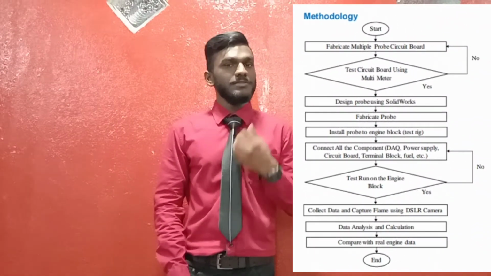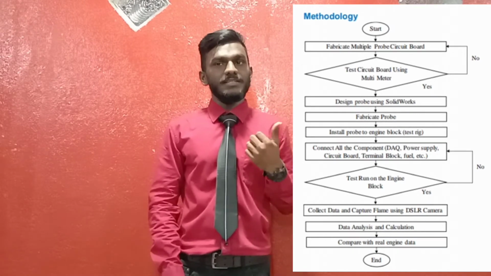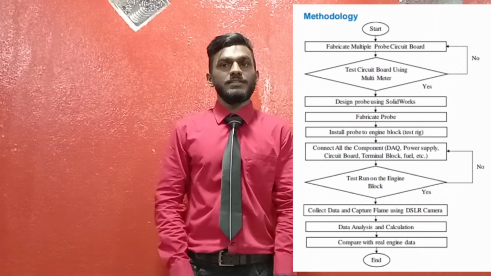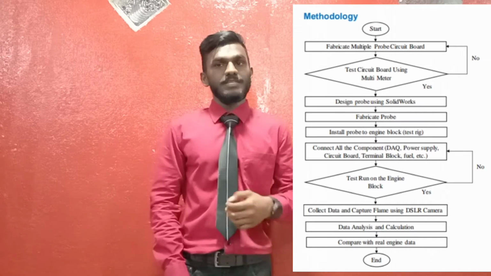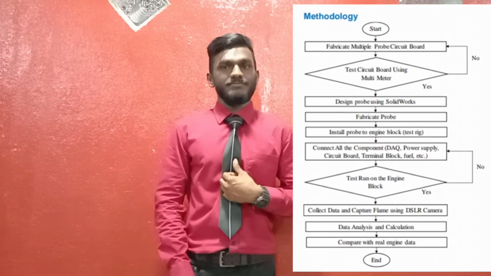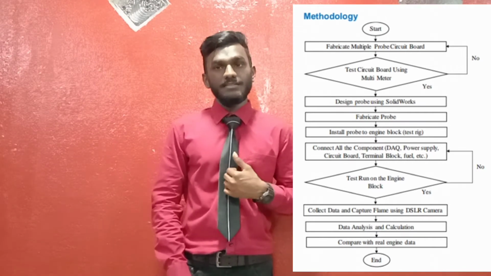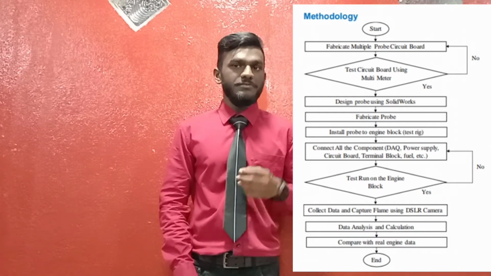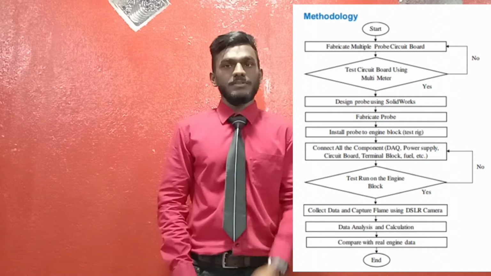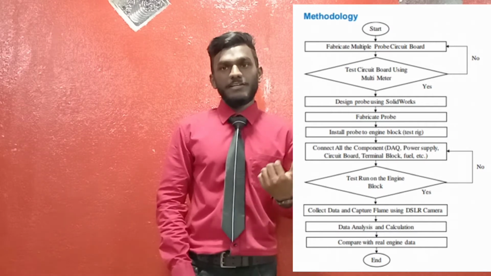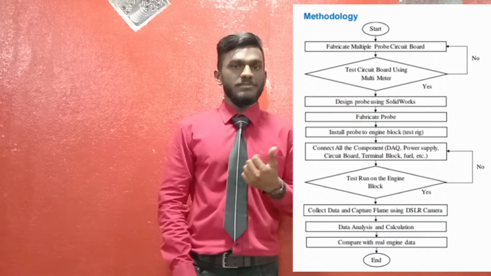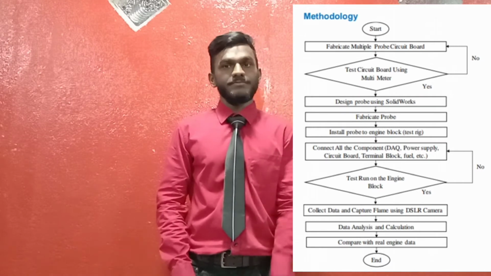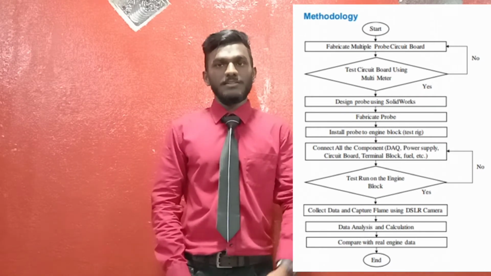So how do we do this? First of all, we fabricate the multiple probe circuit board. The next step is to test the circuit board using a multimeter. After that, we design the probe using solid bolts first. Then later on, we fabricate the probe, which is the ion probe. Next, we install the ion probe to the engine block, the test rig that I showed earlier. After that, we connect all the components,